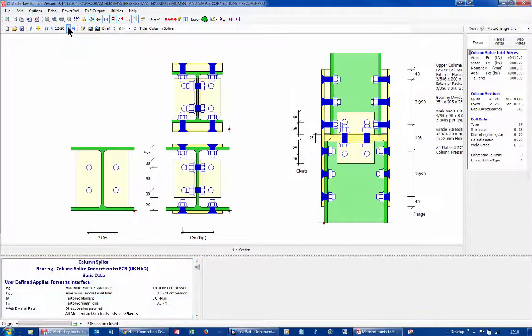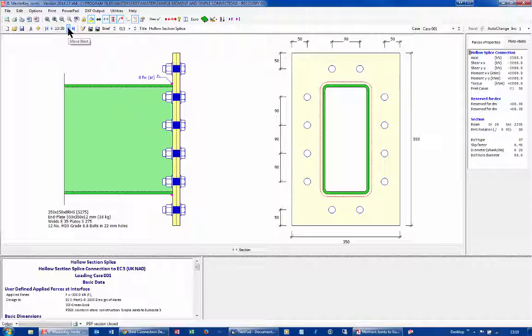And then we have the bearing with a division plate, and we can see that we're confirming that our spread is coming through. We have a smaller section above, so we have a packer plate, and we are checking these again, countersunk bolts for that long joint. We're doing all those checks to make sure that our weakened bolts are satisfactory. And then we come into this hollow splice, and there is the rectangular and the circular hollow splice. And then finally into